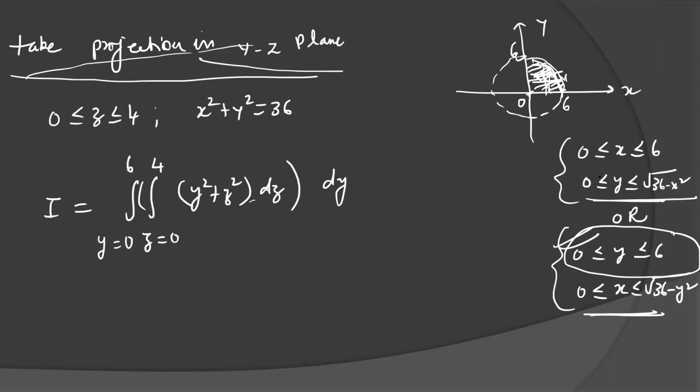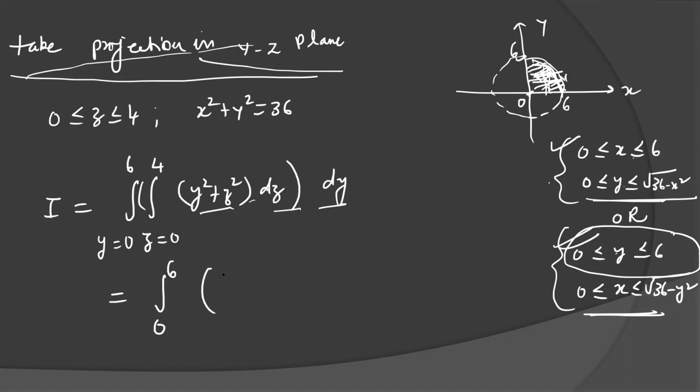If we have to take x and y both here, then we have to take one constant and one variable. If y is constant, then we have to take x in variable. If x is constant, then we have to take y in variable. But here we want only one limit. We do not want the x limit, so we will take y as a constant limit. Luckily in our problem, the x variable is not present, dx or x component is not here, so we will take y as a constant limit.